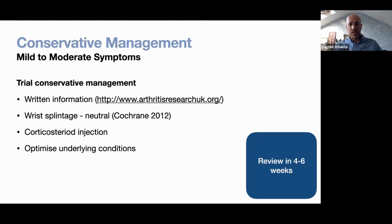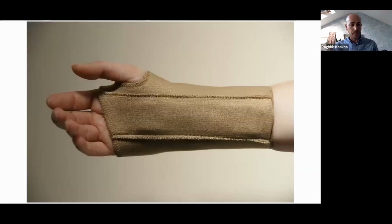And otherwise, especially in primary care, one should optimize underlying conditions, clearly such as diabetes, by improving blood sugar control. Non-steroidals and other things such as diuretics are not proven to help and are not recommended in management. Once having seen the patient, one should review the outcomes of any intervention after 4 to 6 weeks. And this goes back to what we were mentioning earlier on, not letting patients suffer with the condition for long periods, as some of the problems can be irreversible,